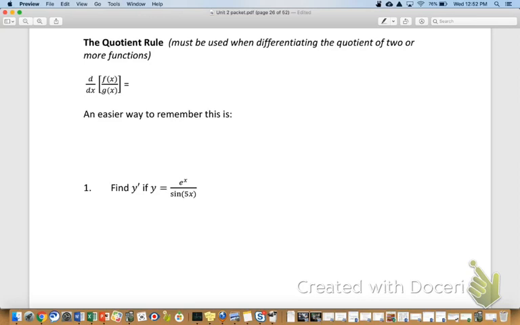For whatever reason, people never seem to misidentify this. I don't know why that is, because maybe it says a fraction, it's written vertically instead of horizontally. I don't know what it is, but most folks don't have a hard time with this. I wanted to show you the rule, and then we'll have an easier way to remember this as well. So here it is. The derivative of some function divided by some other function equals